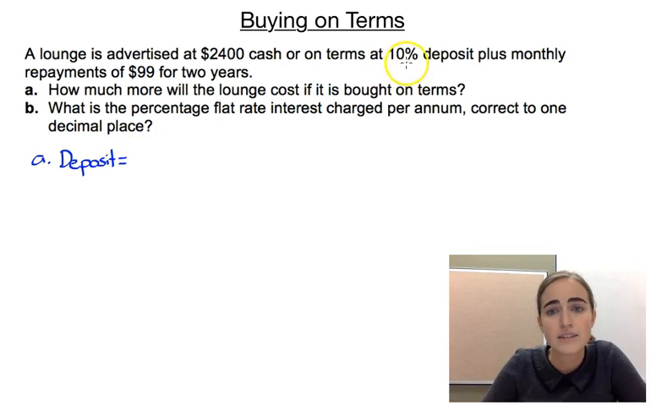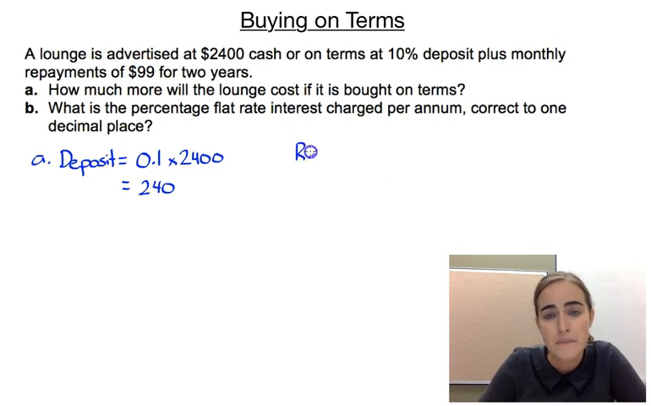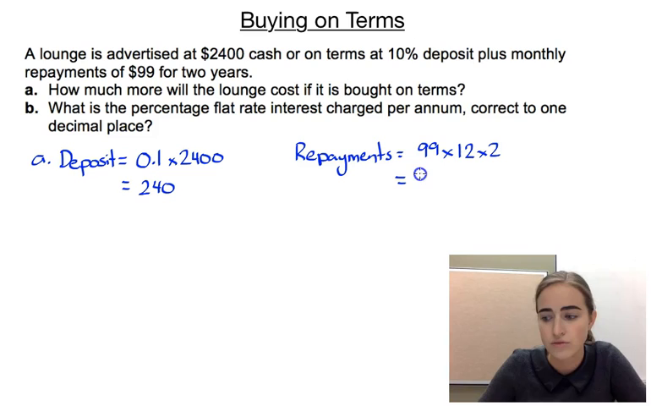Okay, so our deposit is 10% of the initial amount. So it's going to be 10%, so we can go 0.1 of that $2,400, which will give us $240. Then we've got repayments of $99 per month for 2 years. So it's $99 per month for 2 years, so times 12 and then times 2. And that would come out to give us